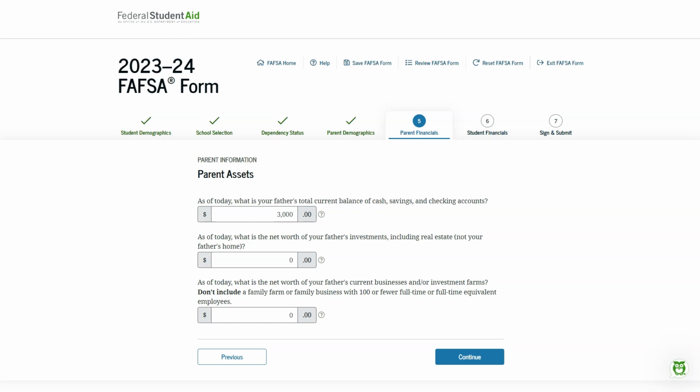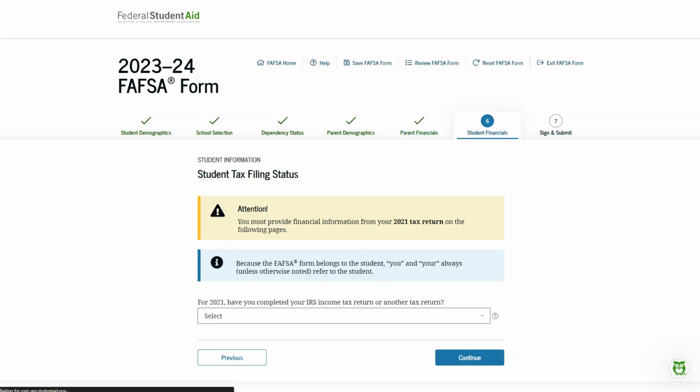That includes other real estate investments outside of the real estate property that you may be currently living in. And then finally, it asks you for the net worth of your parents' business if they own one with greater than 100 full-time employees. So that goes ahead and wraps up the parent financials section,